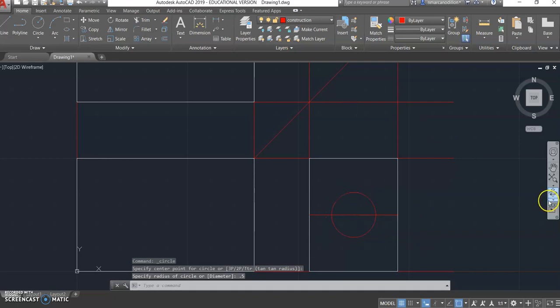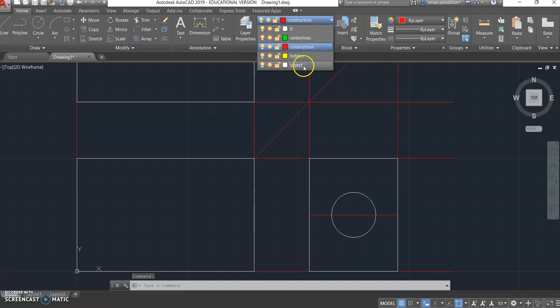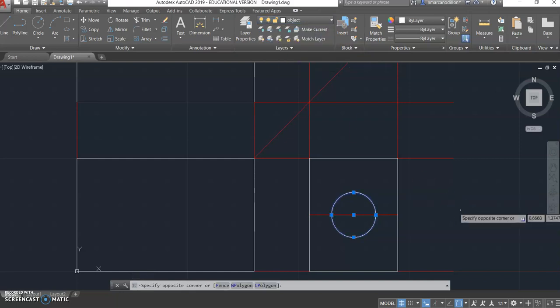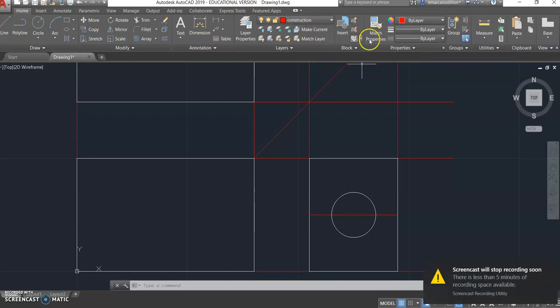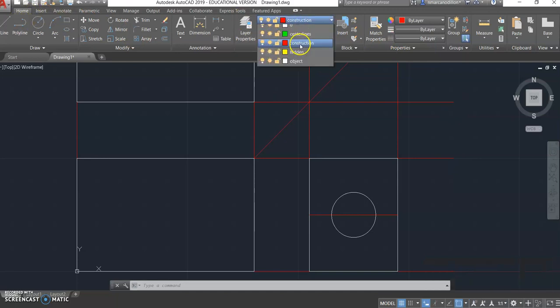Now, this may happen where we have a line that we really wanted to be an object line. So I can select my line, and then I can select my layer, and I can just change it to the specific layer I want. All right. So add a center line, or we can add a hidden line. So let's go to hidden line,